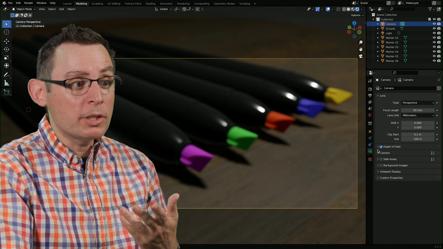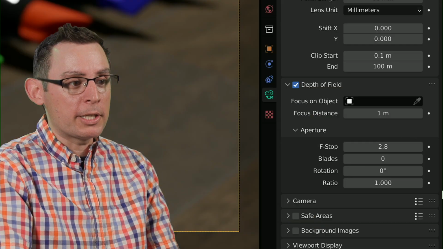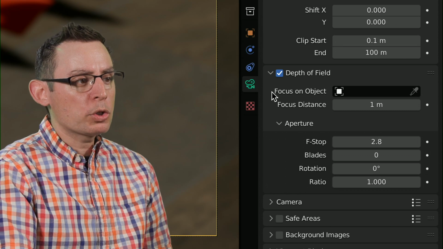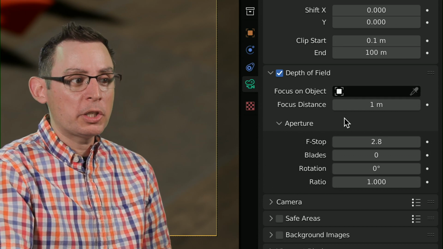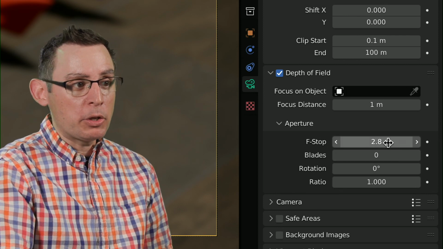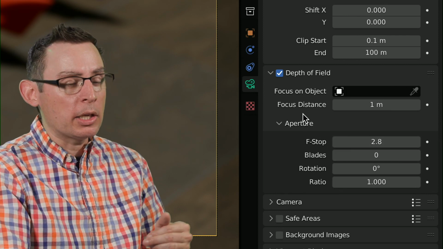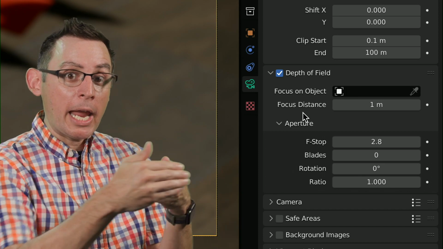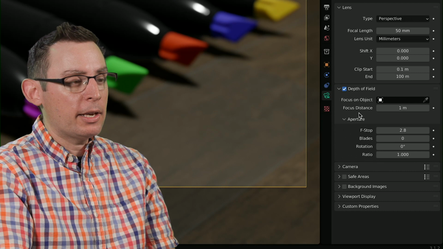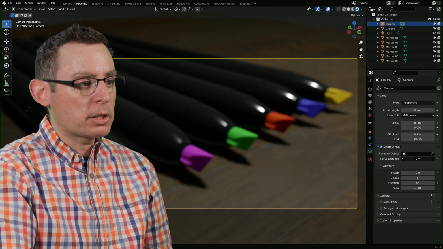So what we're going to do is go into the camera depth of field options. There's a couple of things we want to look at here. Of course, we need to establish what we're focusing on. The aperture or the f-stop is measured by this value right here. So it is on, it is working. We're just not focusing on the right area, the right plane inside of our three-dimensional space to get a focus depth that's going to work. So we're going to experiment here.